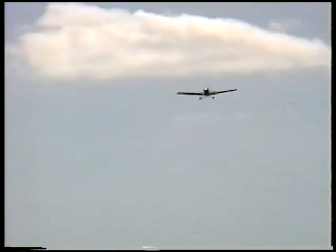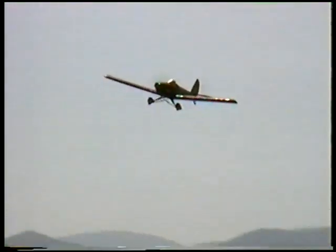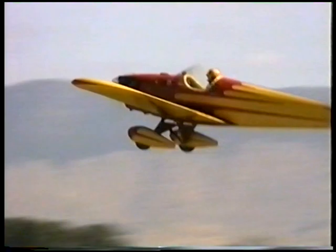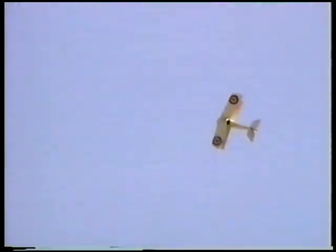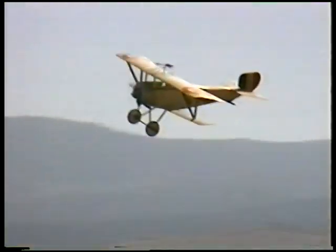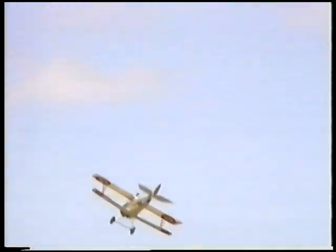Okay, Alan says he's coming in because he's had enough of these wind gusts. Spacewalker. Ooh, he had a downdraft there. He's down now. Okay, it looks like Ray's going to do something exciting here. Split S, beautifully executed. Very nice. Okay, Ray's making a nice steep approach for this landing in this wind. Oh, it's an overshoot. Uh-oh, he got a couple...